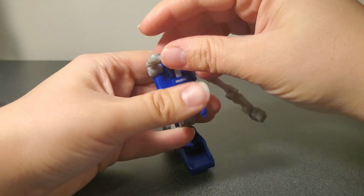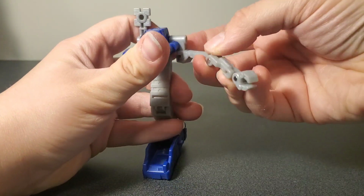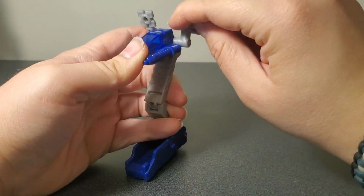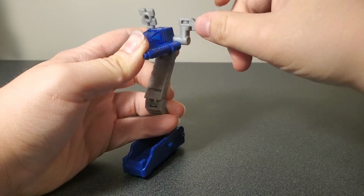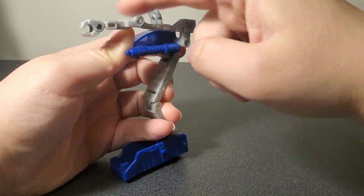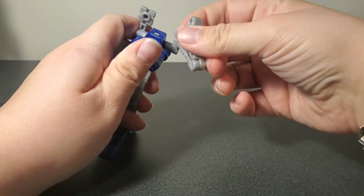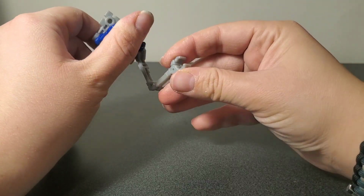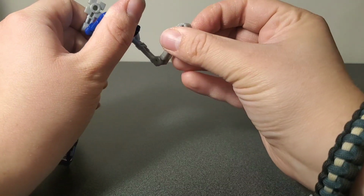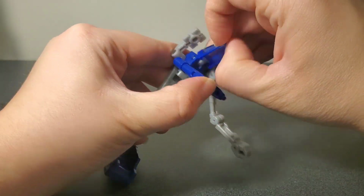It does have the radar dish, which unfortunately does not spin, but it is there to complete the look. And then the arm, which is pinned into the actual chassis of the thing, so it can swivel all the way around, and then it has another swivel at the top here on this mushroom peg, so you can get a full rotation there. It has a pinned hinge so that it can bend in half, and then another hinge pin at the hand so that it can actually open and close that claw, which is very cool, I think. The cockpit also can open